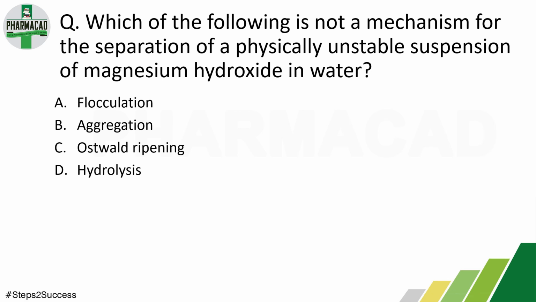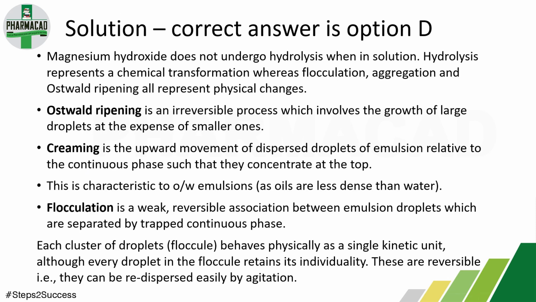Next question. Which of the following is not a mechanism for the separation of a physically unstable suspension of magnesium hydroxide in water? Option A, flocculation. Option B, aggregation. Option C, Ostwald ripening. Option D, hydrolysis. So the correct answer is option D, hydrolysis. Magnesium hydroxide does not undergo hydrolysis when in a solution. Hydrolysis represents a chemical transformation, while flocculation, aggregation, Ostwald ripening all represent the physical changes that take place in emulsion